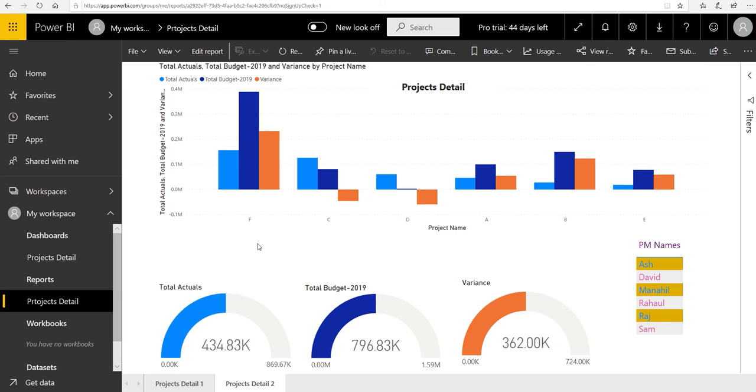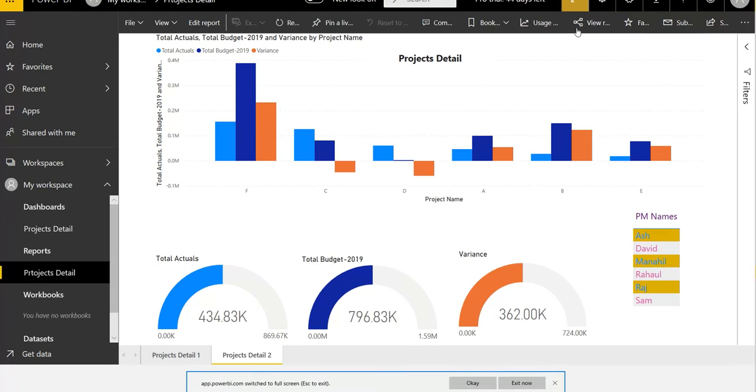In this lesson, I will show you some more features of Power BI. So see again here we are under the reports area and file view edit tab we had discussed in the last lessons. Here I am going to show you some new features. So the first one is enter full screen mode.